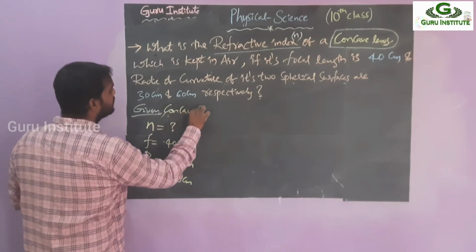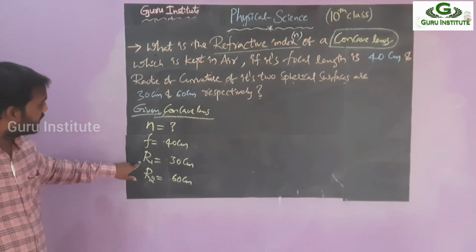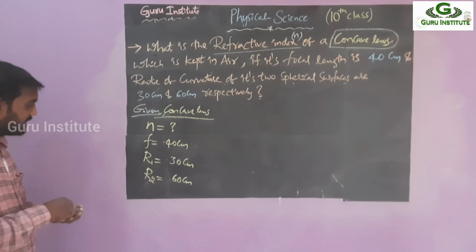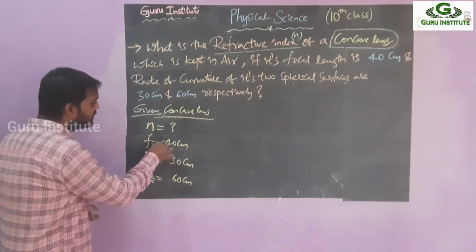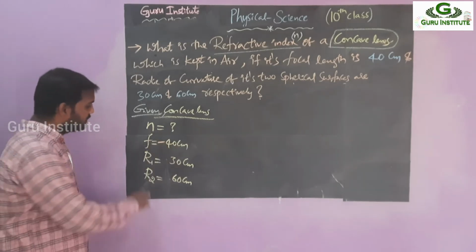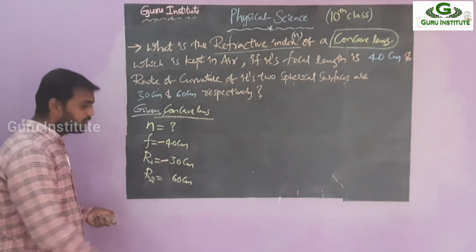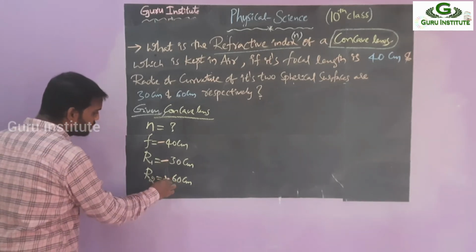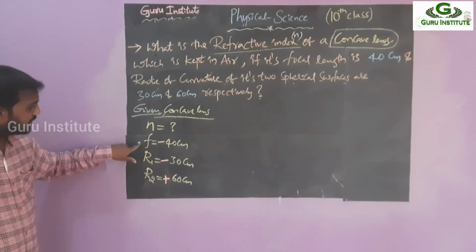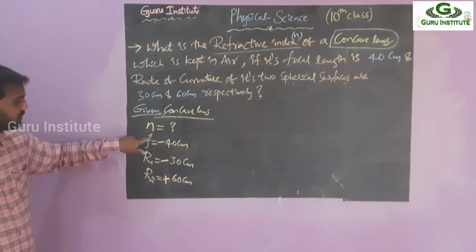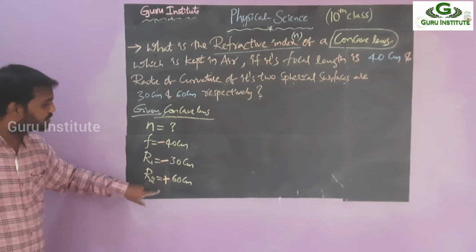Concave lens. Right. For concave lens, we can see n, how much? Focal length 40, radius of curvature 30, and this is 60. What is changed? Only the sign convention changes. Why? Because the concave lens gives a virtual image. Virtual means f should be negative. F is negative means the first surface also negative. The first radius of curvature is negative means exactly the opposite is positive. Just observe. It is a virtual one, so that's why focus should be negative. The focal length is always applicable to the first one only. Negative should be, it is also negative. R is equal to f formula, we have to apply to the first one. So then it is negative, this should be positive.